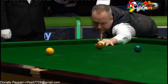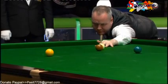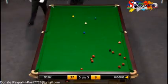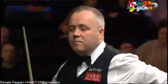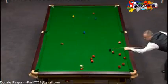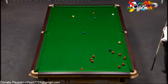And he's on the brown as well. If this goes right, Higgins is right back in this decider. Well, I'm just wondering if anything else is going to happen. What a finish to this match. Well, that's brilliant. I just looked at that and I thought, that's impossible. But to see that red going...